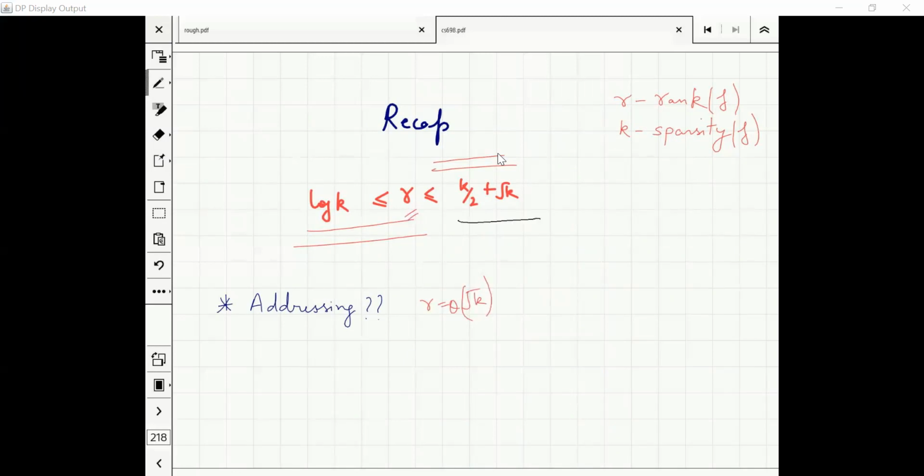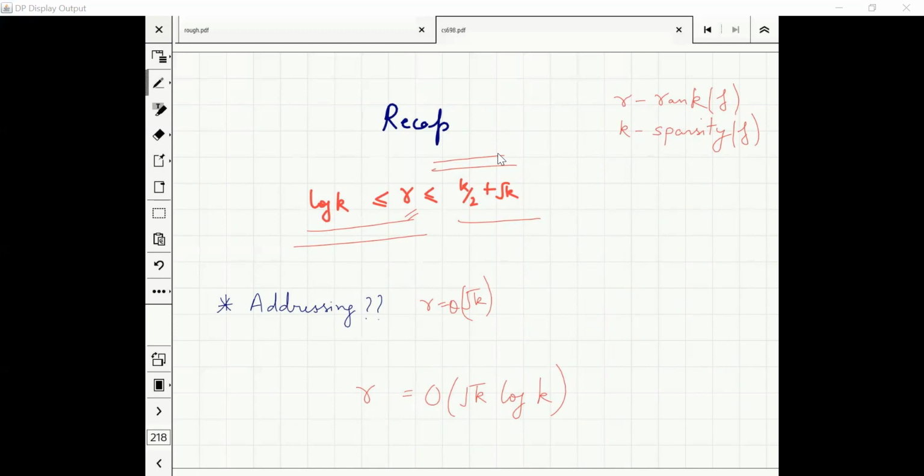So what is the truth? Are there Boolean functions where we have a rank better than order of root k? Or for any Boolean function, does my rank have to be small? Again, it turns out that Boolean functions are very, very special. For any Boolean function f, the rank might be better, but we know it cannot be more than square root k. The truth is very, very close to addressing. Addressing is one of the functions where rank is very, very high compared to sparsity, and it's very hard to construct any other function which is better.